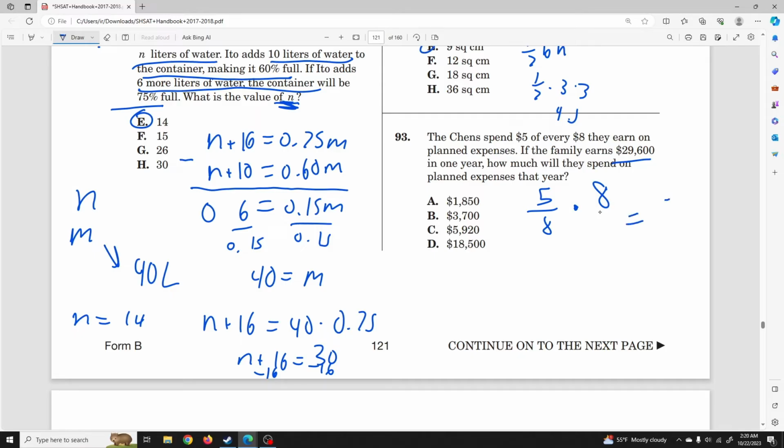Well, they're spending $5. So if they earned $8 and they're spending $5, they're really spending 5/8 of their total amount of money. So if they spend 5/8 and they earn